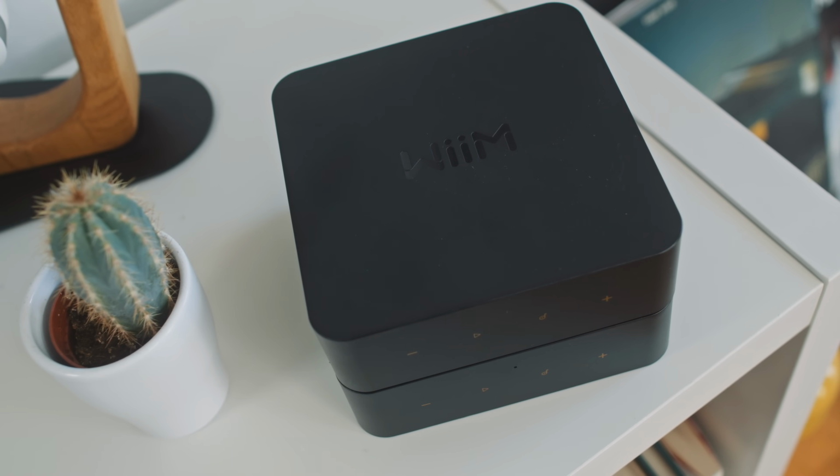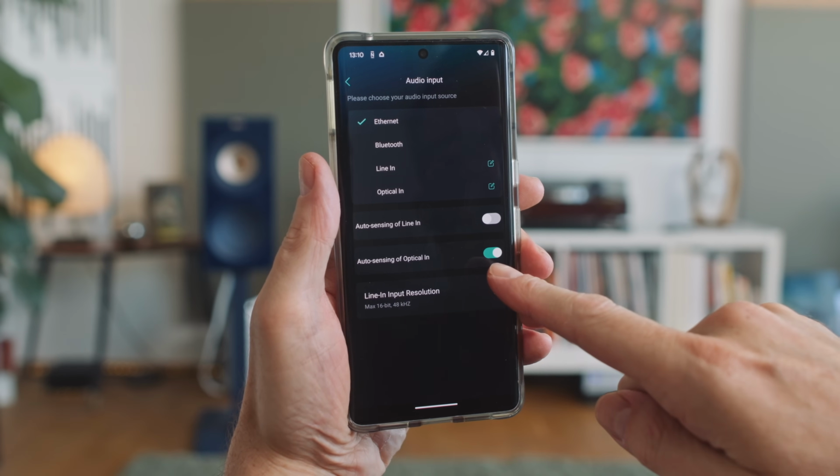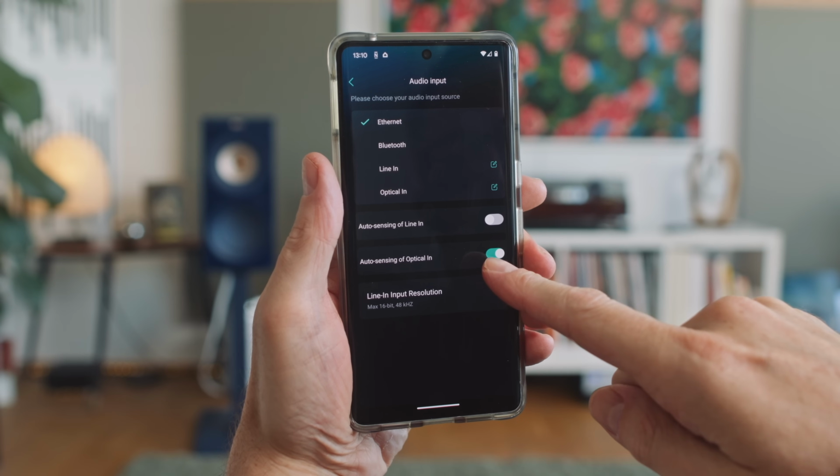But anyway, the more exciting new feature for me that WiiM added recently was auto detection on the Toslink input. Because I have my TV connected to the WiiM Pro Plus, so I can run its sound through the Pro Plus's DAC. And yes, LinkPlay has addressed the lip sync or the latency issue